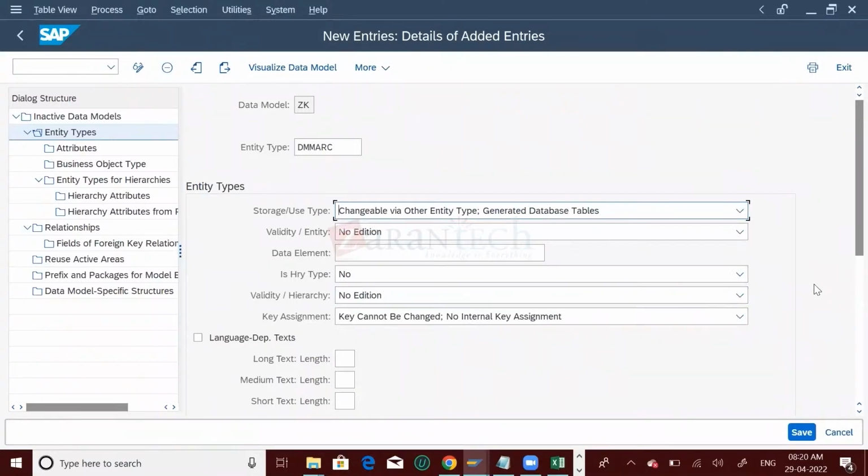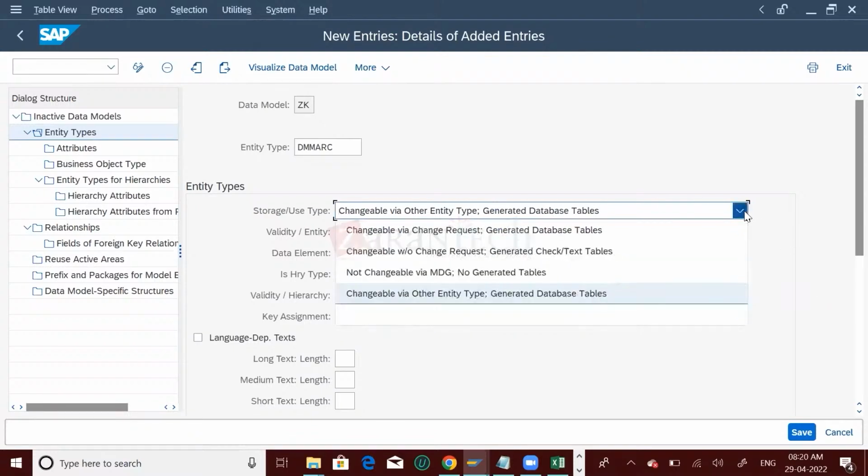Okay. So they can ask you one question: for which entity types is the data stored in the staging table? So you will say for type 1 entity and type 4 entity, data is saved in the staging table. And for type 2 entity, what is happening? Changeable without change. It is a generated check or text table. So here a check table or text table will be created. Okay, so language dependent it will be there, right? So maybe some material will be created in Spanish, some material will be created